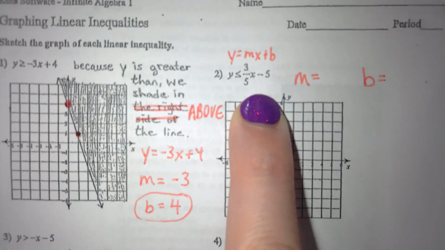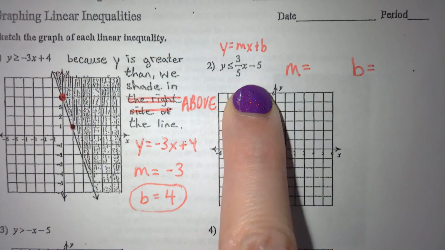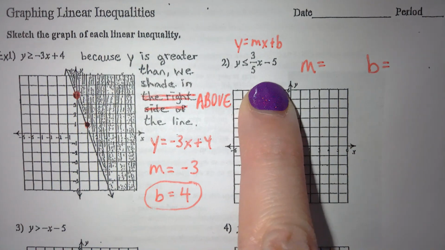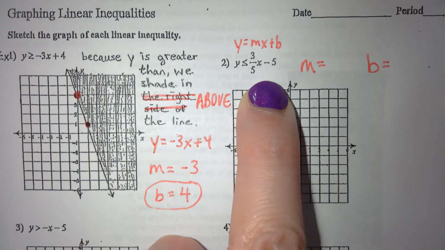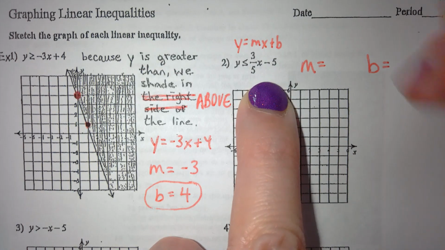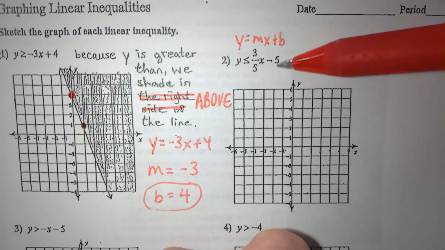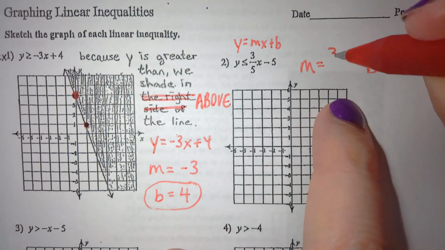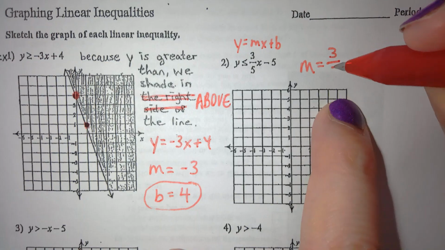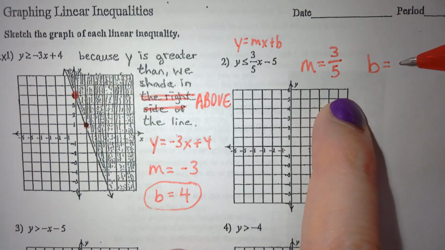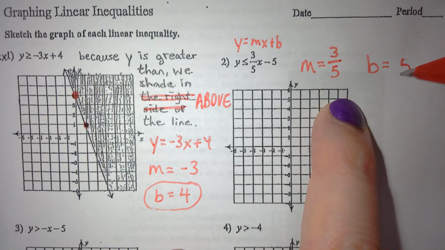So you're matching it up. This was yesterday's homework. If you match it up, what is m? 3, yeah. And then what is b? Not just 5, but